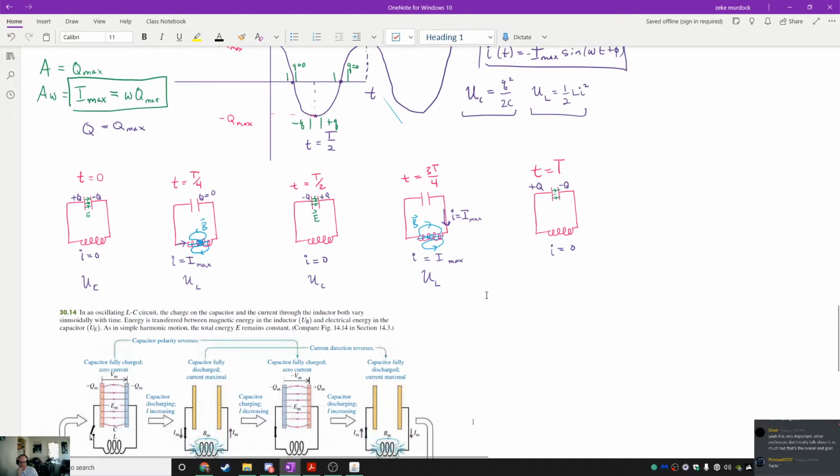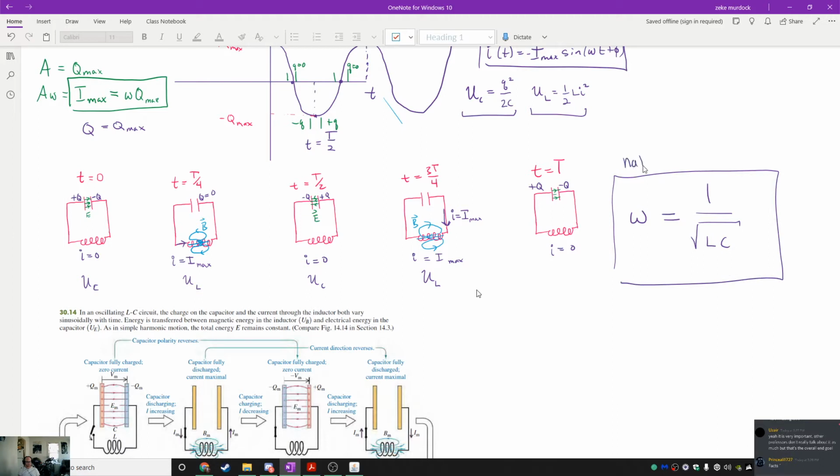By the way, we said that the angular frequency in the circuit was equal to 1 over the square root of L times C, right? This is going to be referred to as the natural frequency of oscillation. And one thing we can compare this to, as I was saying, is a mass on a spring. So in Physics 1A, you learn about a system where you take a mass, you put it onto a frictionless surface,